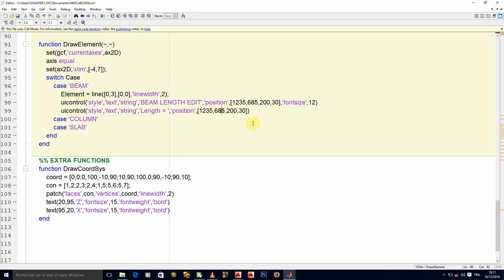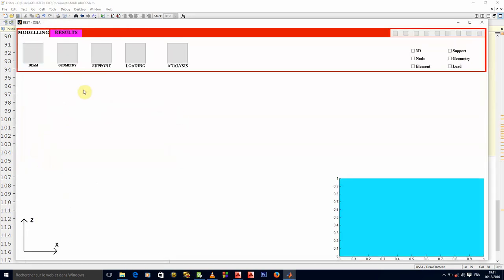Position has to start at 645 as we have seen, but the length here I don't think it will need that much length, and the height here I don't think it will need that much height. Okay, so let's see what that gives.